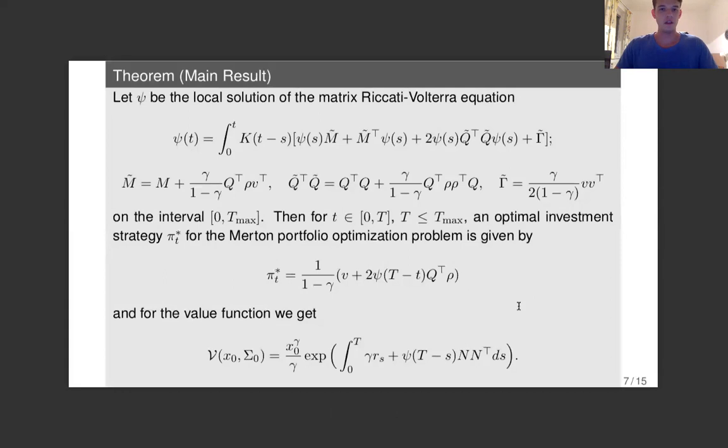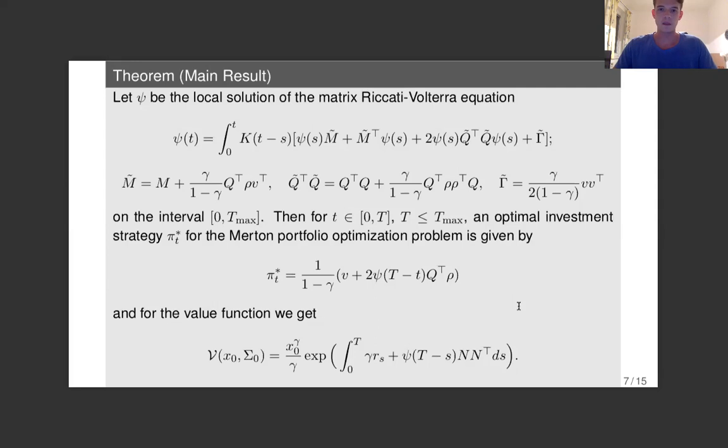And in this setting, it turns out that we can get explicit results for the optimal strategy and the value function. Namely, if psi is a local solution of the matrix Riccati-Volterra equation, depending on the parameters m, q, and v from the Volterra model,